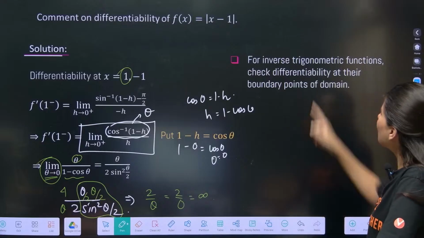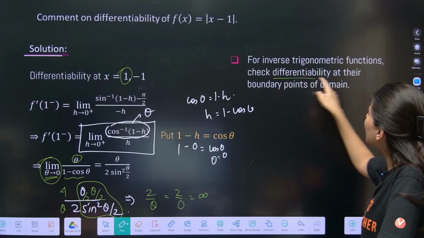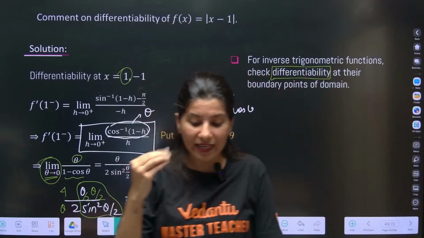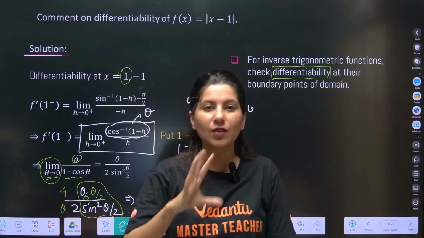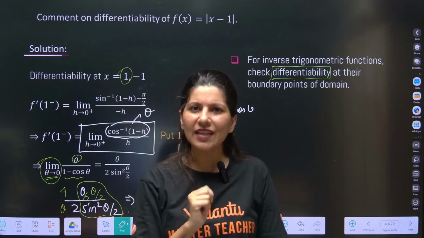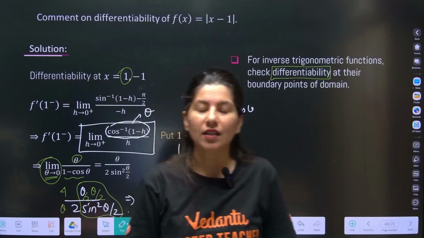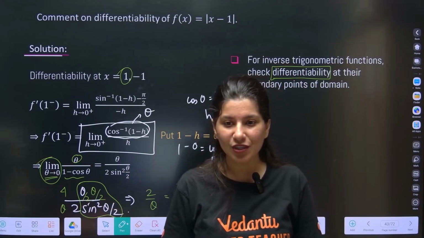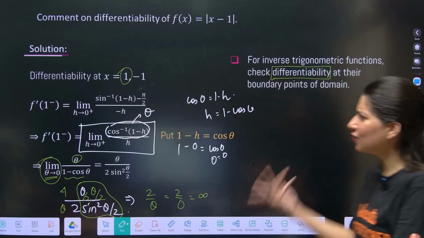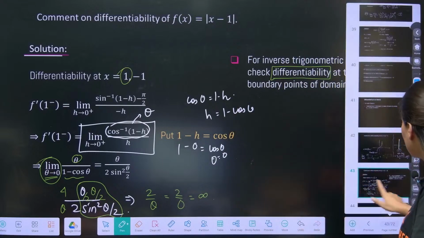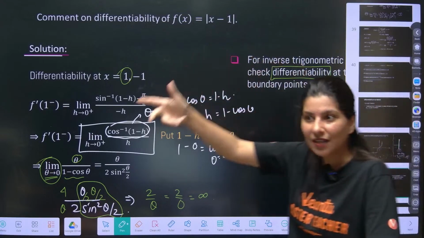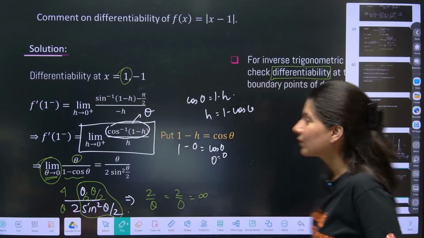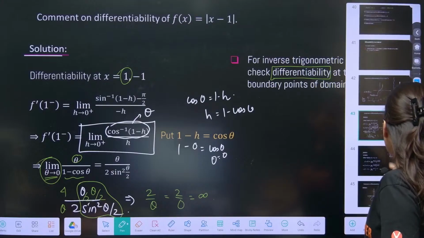Right? So for inverse trigonometric function, we need to check the differentiability at their boundary points. And if at all the direct function is coming, a sine inverse x, tan inverse x, draw the graph. Find out whether there is a vertical tangent. See, I have told you all the 6 graphs of inverse trigonometric function. So just draw the graph now. Why to do this? But if at all some random function is inside, sine inverse 1 minus x, x times sine inverse x, now you have to then check.